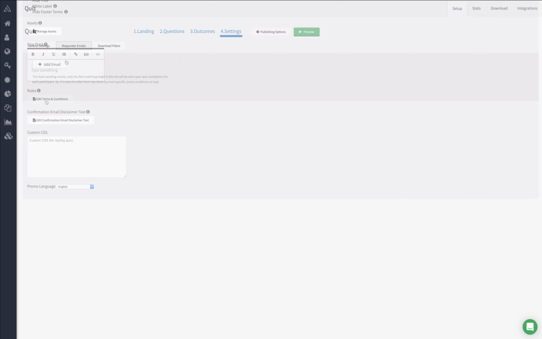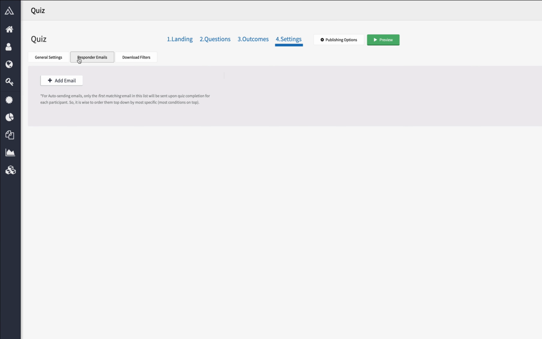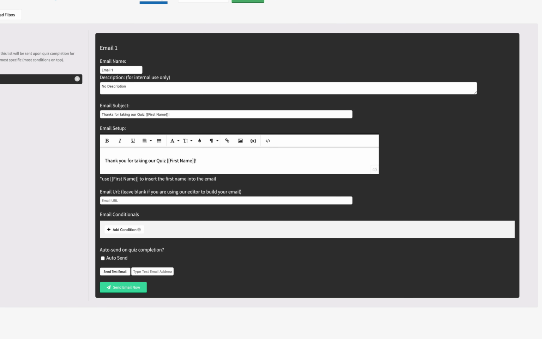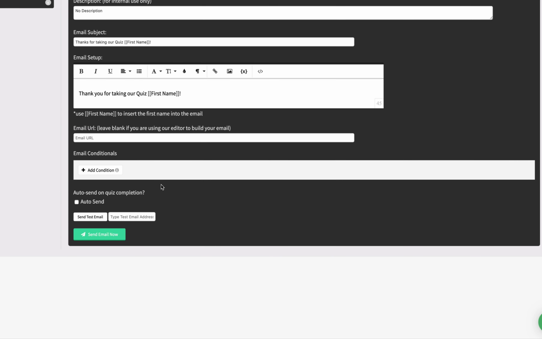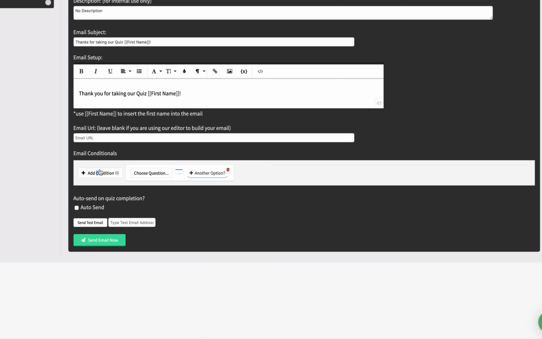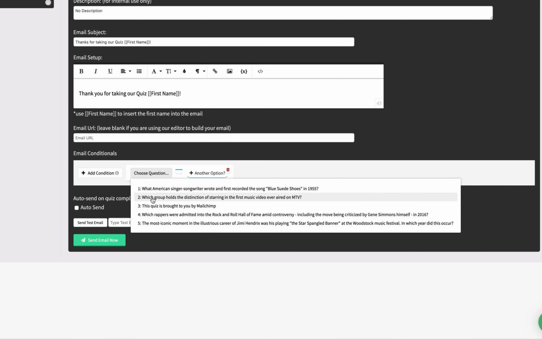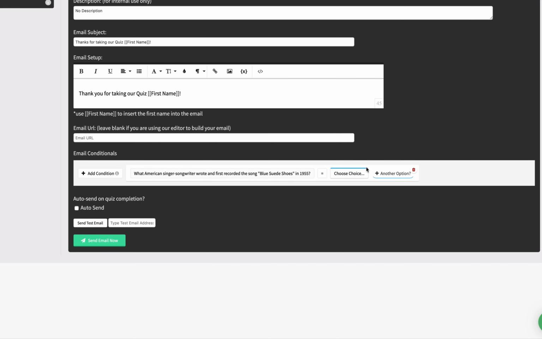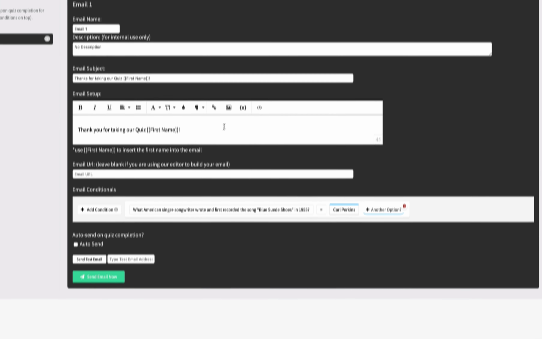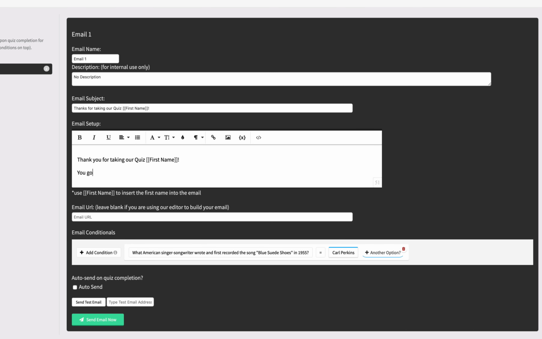Quizzes come with a feature called Responder Emails. If I'd like to email a response based on a participant's answer, I can set that up here. I can add as many of these responder emails as I'd like. I can determine what emails get sent by adding conditionals. My first condition will be if they select the correct answer on question 1. I'll select the question and then the correct answer, and for anyone who answered correctly, they'll receive this email. I can type in a message that says something along the lines of, "You got question 1 correct, here's 20%